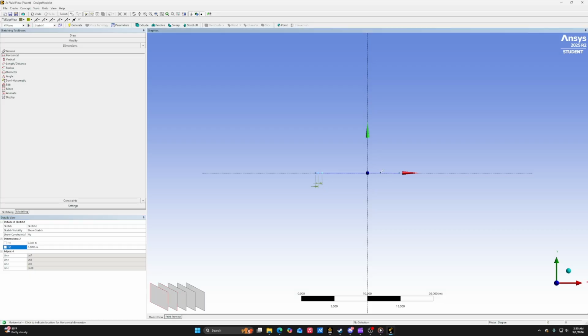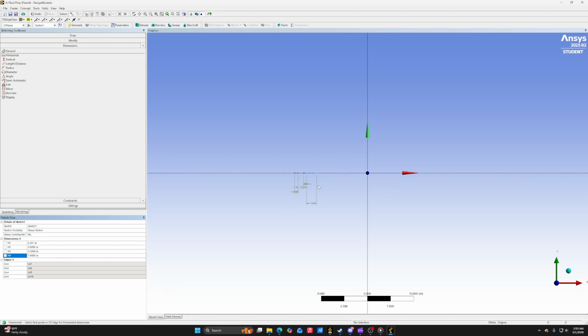And the test section was 0.3048 meters. And the diffuser was 1.0668 meters. Perfect. So that comes into here, and then we're gonna